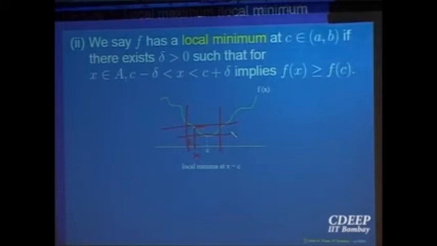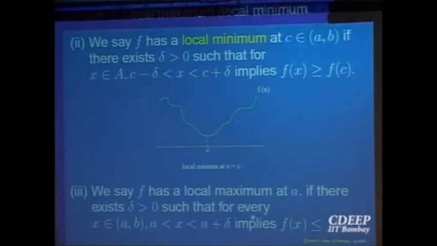So in our definition, keep in mind we are putting less than or equal to or bigger than or equal to. So in our definition, for a constant function, at every point there is a point of local maximum, and at every point there is a local minimum. Clear? We should be clear what we are saying.